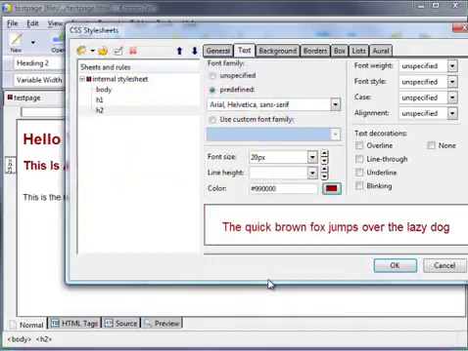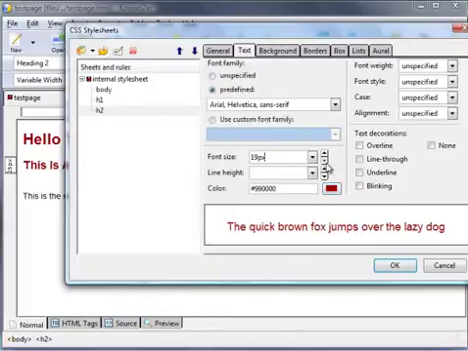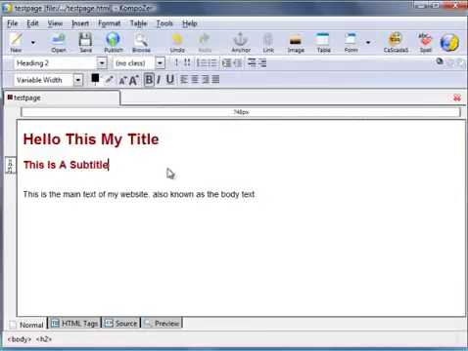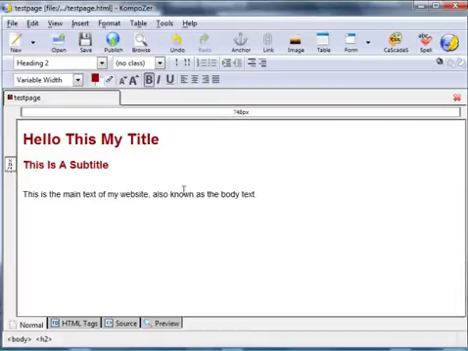Okay, let's make it a little smaller, 18, and let's capitalise it too. Okay, so now we've created a heading 2. Okay, let's take a look at what we've actually done there. If we click on the CSS icon,